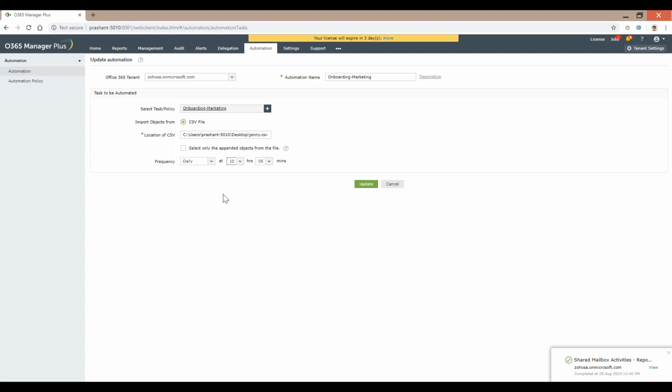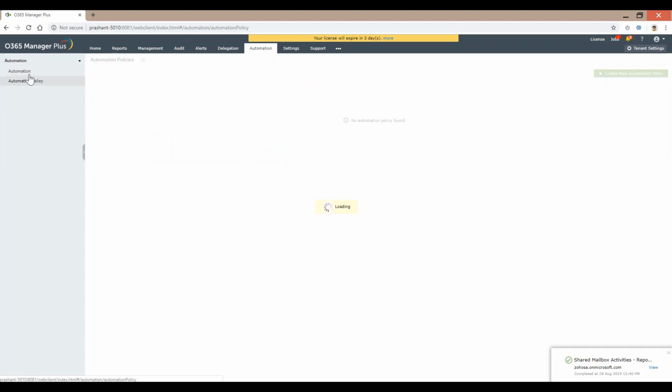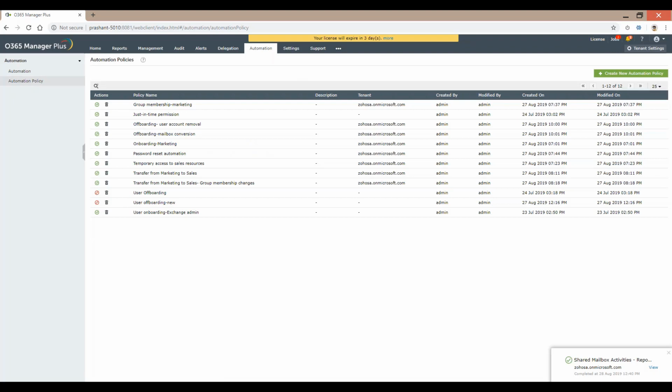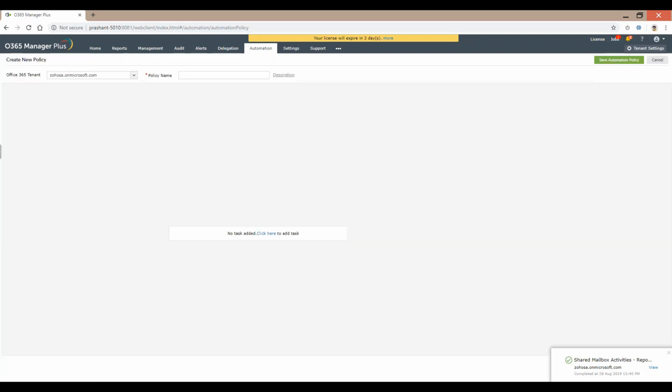My onboarding module will be able to import those users, and based on the logic that I've set earlier, it will grant the respective users respective privileges. So users from the marketing department will not by any chance have access to any groups on sales, which is the biggest problem, right? When you're doing it manually, a chance of a wrong group assignment is very much possible. So likewise, I can create multiple automation policies.